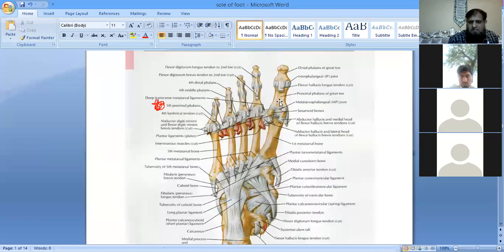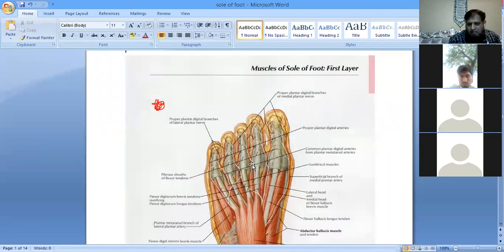ठीक है. और इस tunnel में क्या चीज रन करती है? इस tunnel में you can see these long flexor tendons. ठीक है ना. These are flexor tendons जिसमें आपका flexor brevis और flexor longus के muscles जा रहे हैं. ठीक है. Here you can see these tendons of the flexor muscles, these are entering into the fibrous flexor sheath. और fibrous flexor sheath का purpose क्या है? Because they are going to retain the tendons in their position. ठीक है ना.